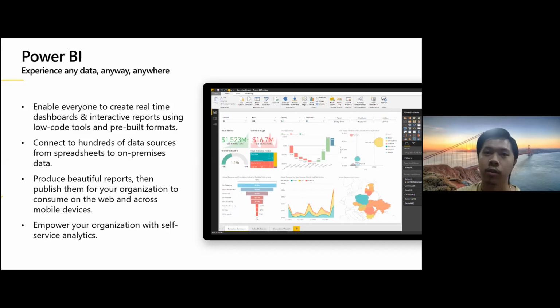And you get an answer for what the best-selling product is, just like that. Power BI enables you to create powerful dashboards and reports for everyone to use.